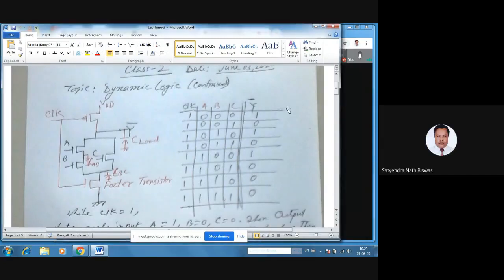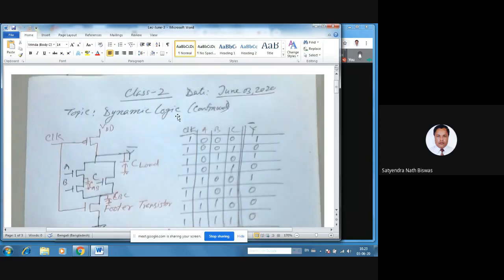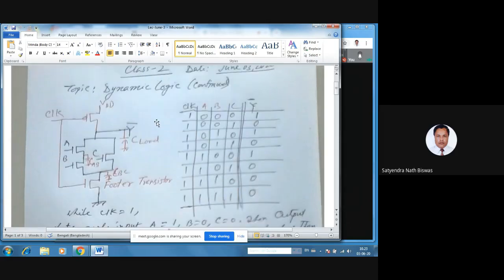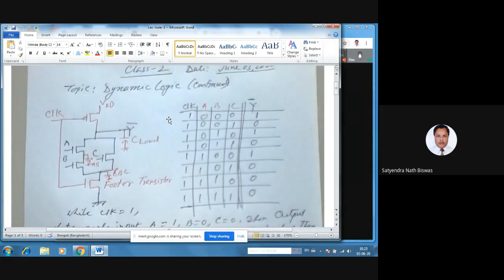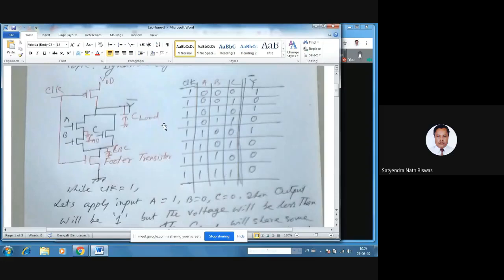Well, this is the continuation of the last class. It's dynamic logic. Last class, this is the same diagram. So yesterday we have seen that there are some problems with dynamic logic. So one of the problems we mentioned here was